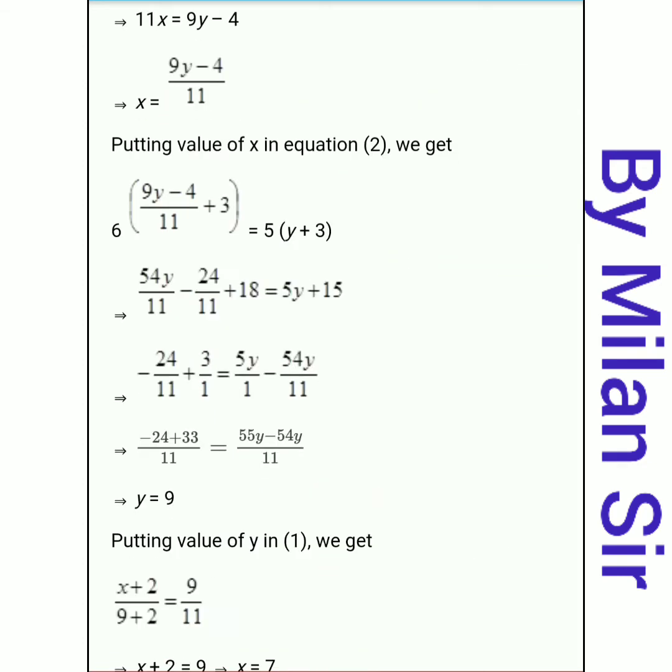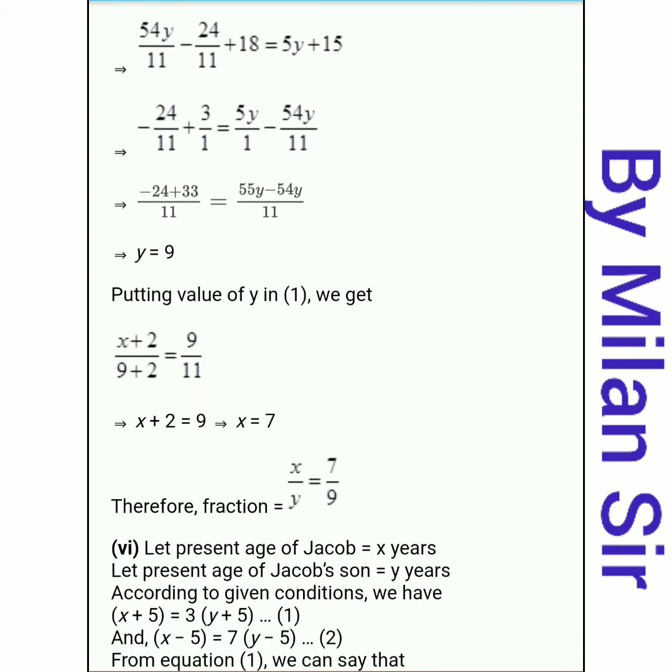So our two values are ready. Right? X is equal to 7. Y is equal to 9. In the question, we need to find the fraction. Here we do not need to write that our numerator is 7 and denominator is 9, but we need to write the fraction. So write down the required fraction, otherwise only the fraction.